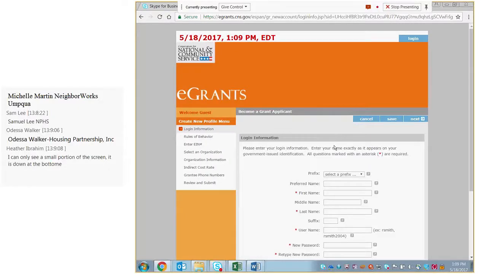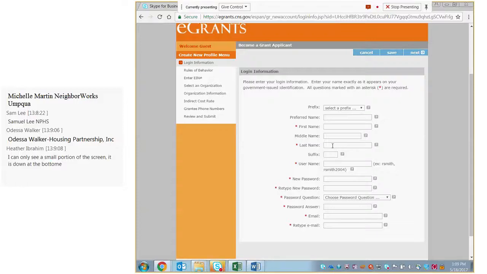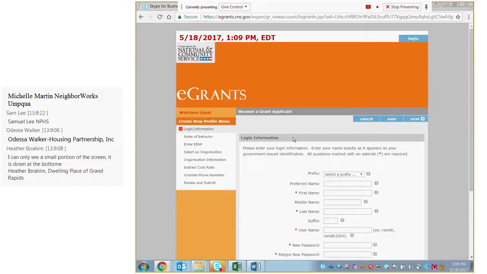And then on the final screen of this process, you're going to enter all of your personal information. On following screens, it's really important that you be sure to have the NeighborWorks America EIN number, because that EIN number is going to be your key to linking up to the NeighborWorks America organization within the system. Once you go through all the steps of creating an account, continue to click the next button as you go through the system.